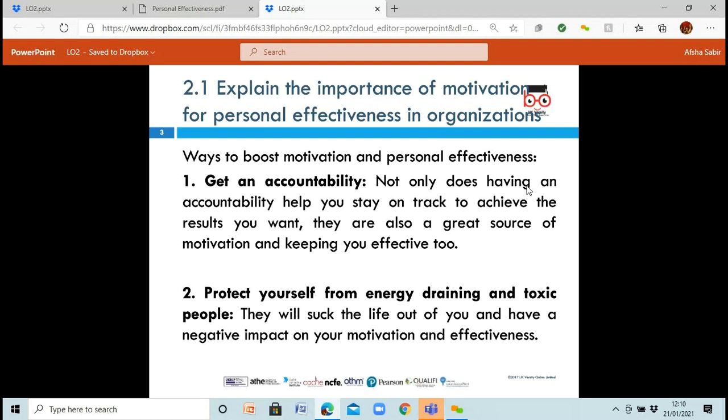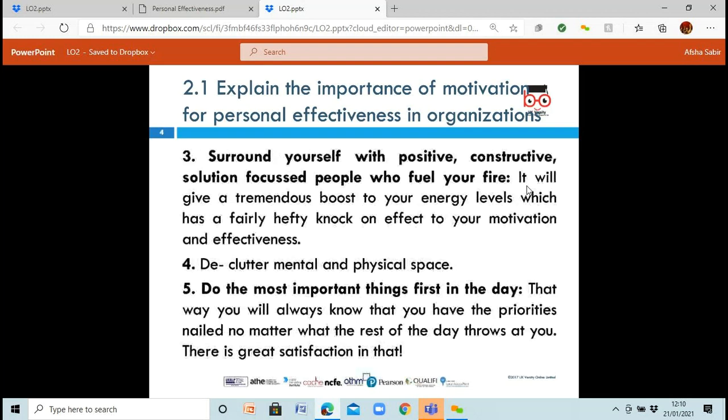You need to protect yourself from energy draining and toxic people. This means you just need to not let people who are going to say, oh, you can't do this, you're too old for this, or you're a woman or you're a man, you've got children, you've got responsibilities, you shouldn't do this. You need to stay away from those negative people, because we all know people that want to stop you from achieving. So stay away from them. Right. That's true.